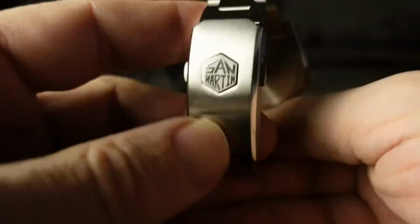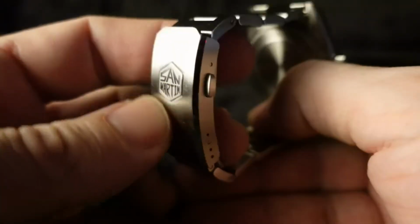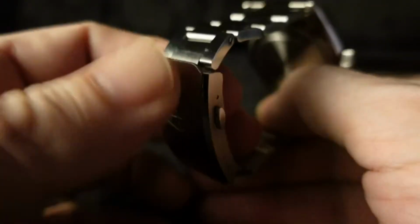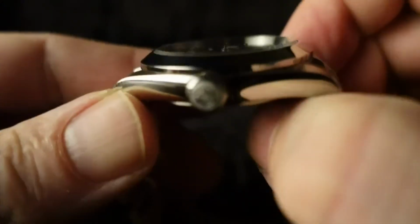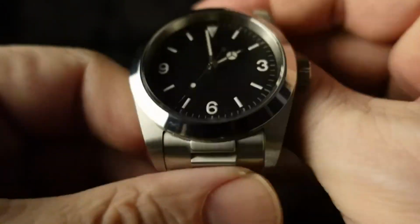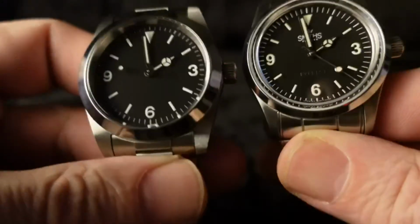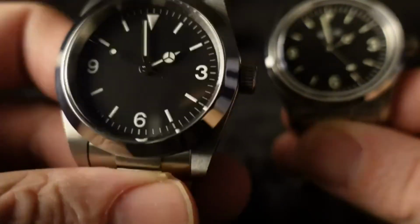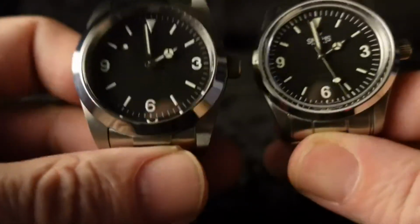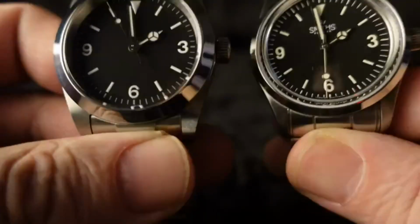This buckle is fairly secure. It's not going to pop open. It's not as secure as the Tissel's though, but definitely beats out the Everest. And I actually kind of like this flat crystal. Yeah, it just looks really good with this aesthetic. These two are kind of tied as my favorite. At this point in time, I like the San Martin, but it's new, so that could be part of it. We'll see what happens in time, but...